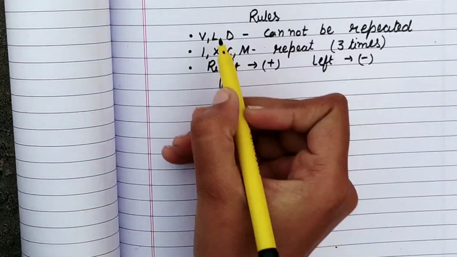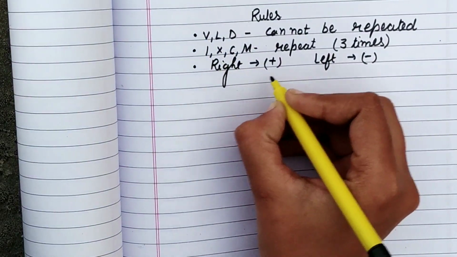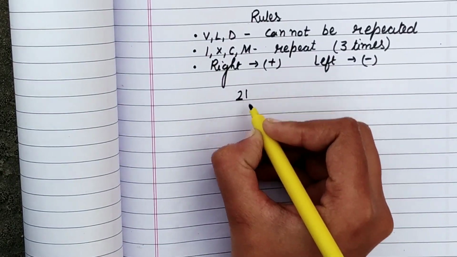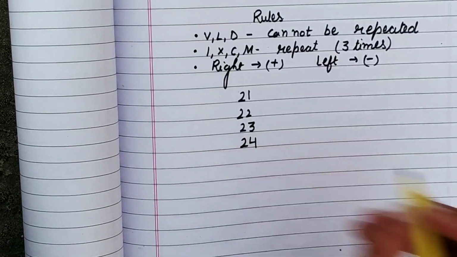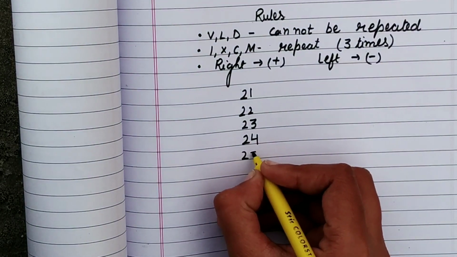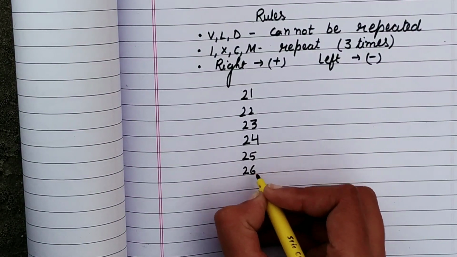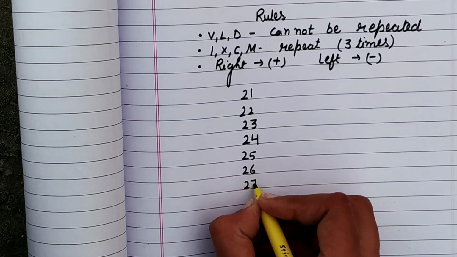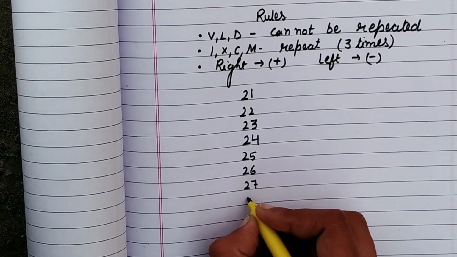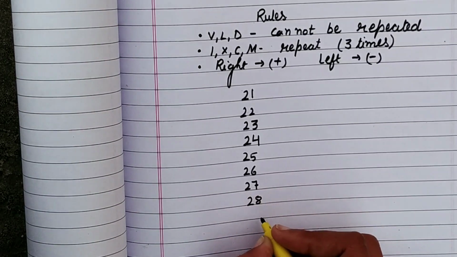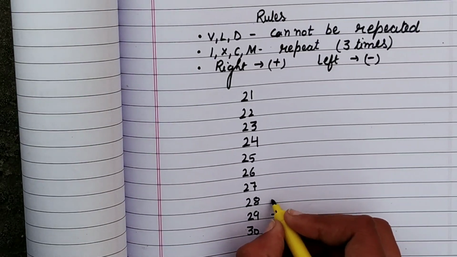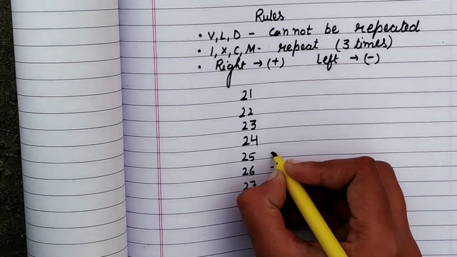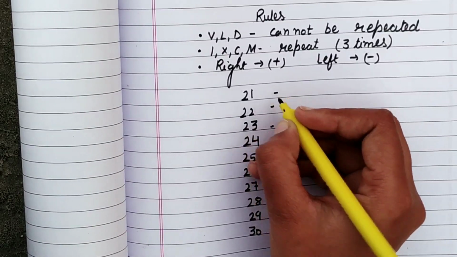As now I have my rules with me, today I will do numbers 21 to 30, and you have to try 31 to 40. They are so easy, it will be similar, just one difference will be there. I will tell you what that is. Fine. So today we are going to do numbers 21 to 30.